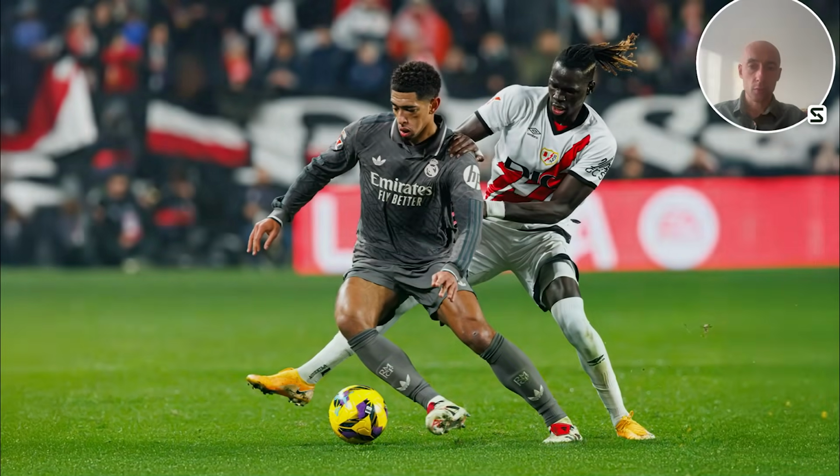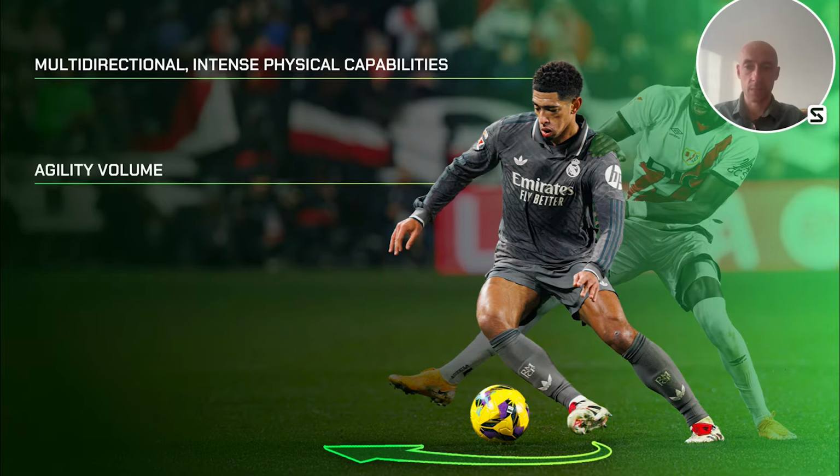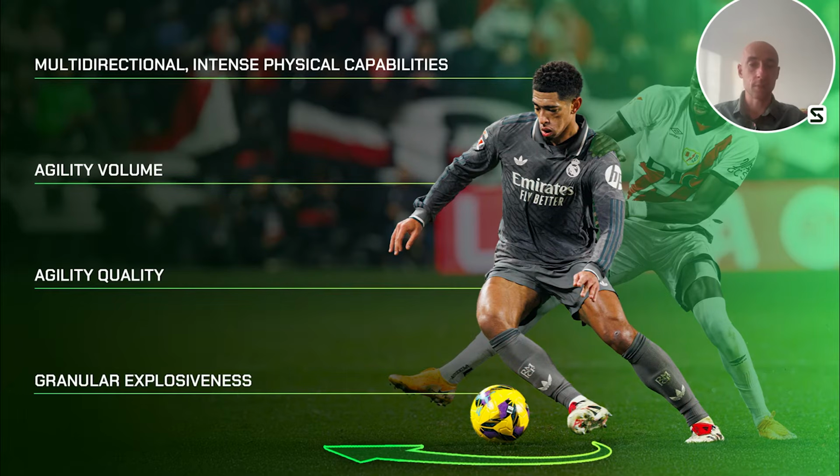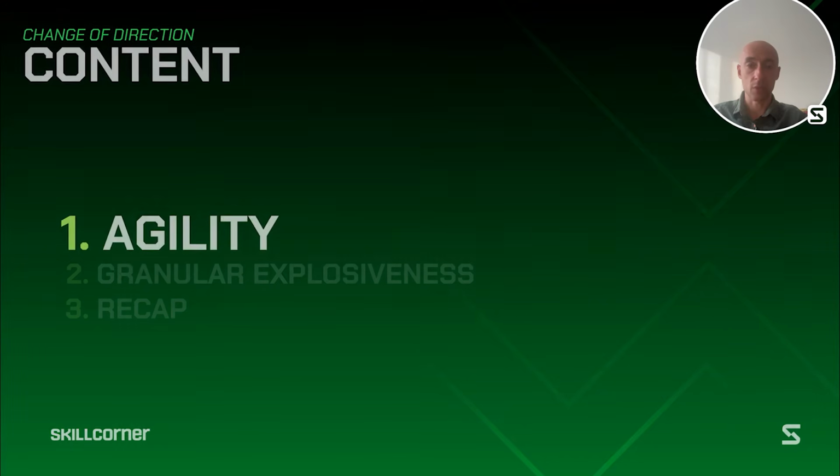So going forward today, we are addressing the main topic of multi-directional intense physical capabilities, and we are going to do so by looking at three specific things. Agility volume, so the ability to repeat changes of direction within a game. Agility qualitative, so the ability to be agile, and this relates to time as well. But we are also adding an extra layer of information to explosiveness, as we know today. Let's start with agility and check on what we are delivering by looking at a specific case